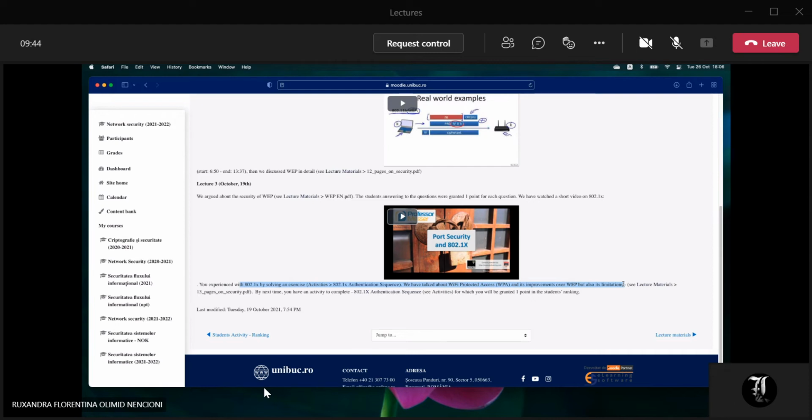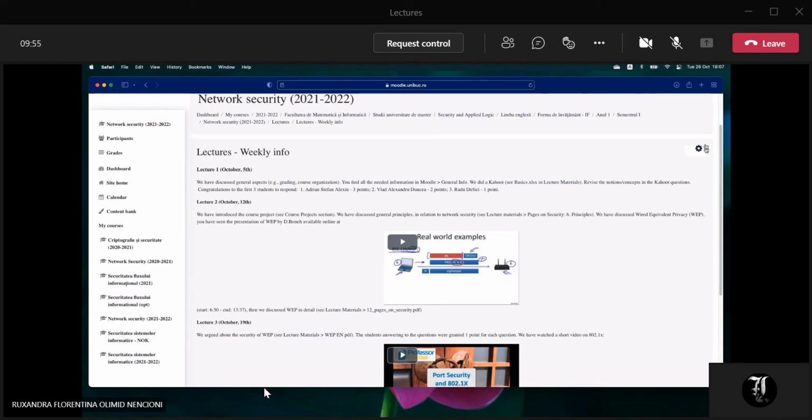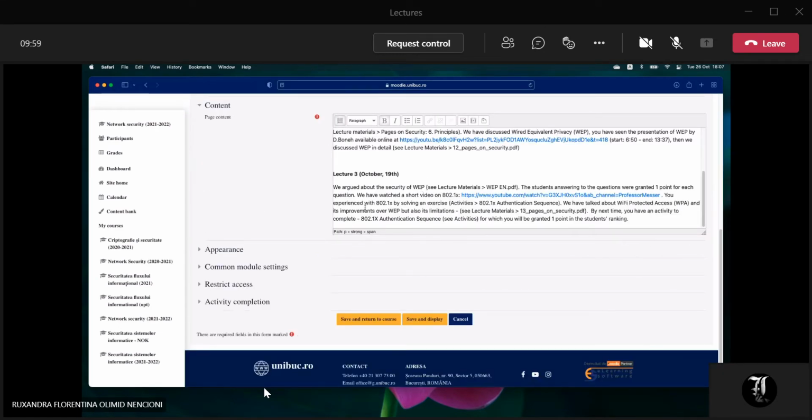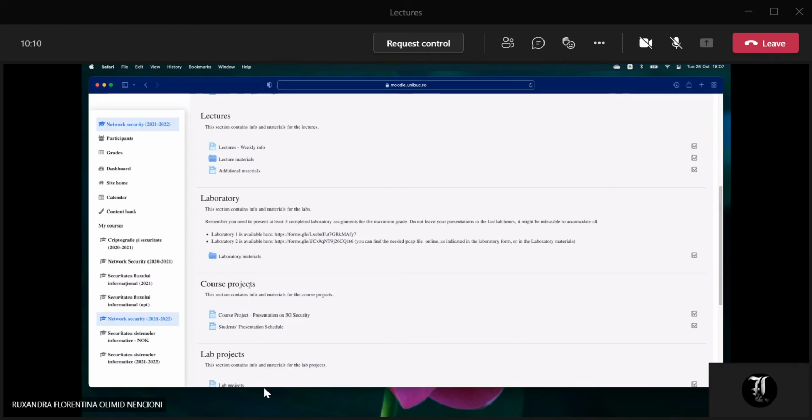Now I see that I put this twice, so I will need to edit this one. Today we're going to continue with this, but before continuing with WPA, we will look into the four-way handshake, and we will